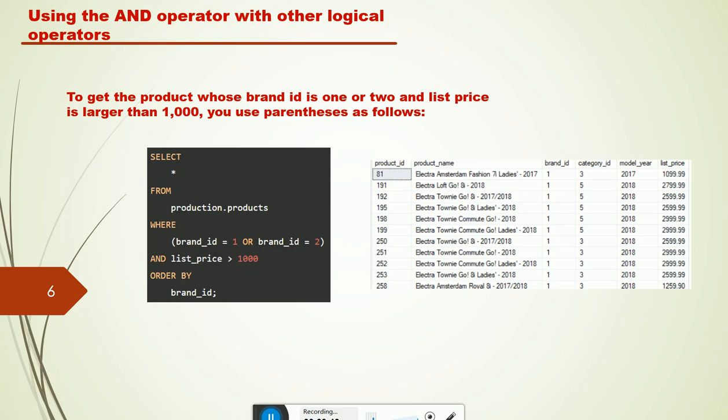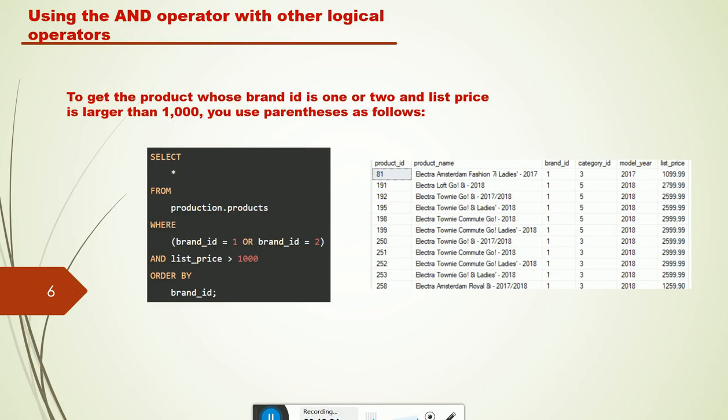We have to specify these criteria inside the parenthesis, and list price is greater than 1000. Order by brand ID. So here either brand ID is 1 or 2 and list price is greater than 1000.